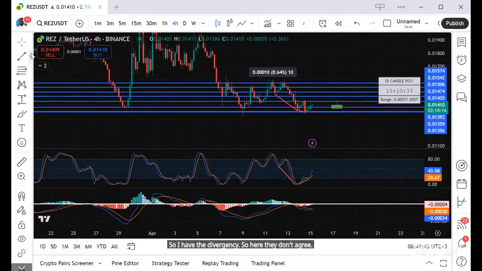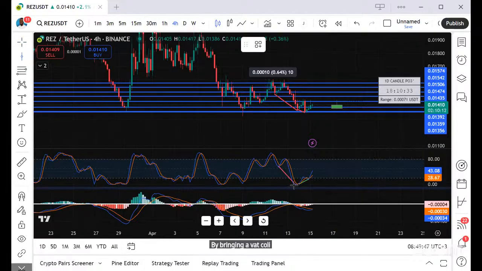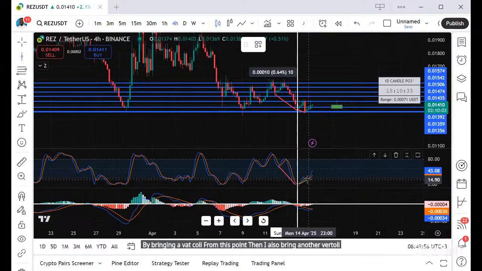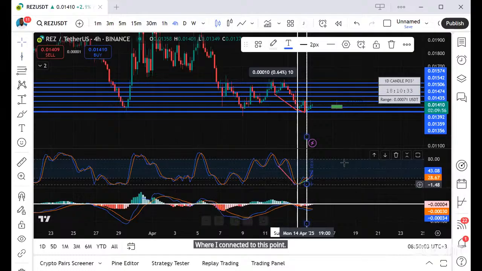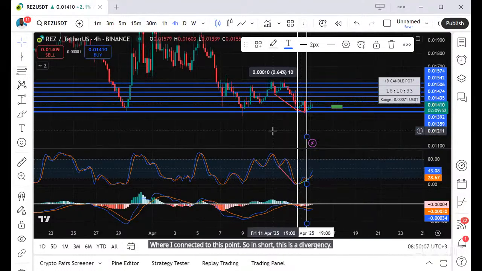I identify by bringing a vertical line from this point. Then I also bring another vertical line where I connected to this point. So in short, this is a divergence. Now,